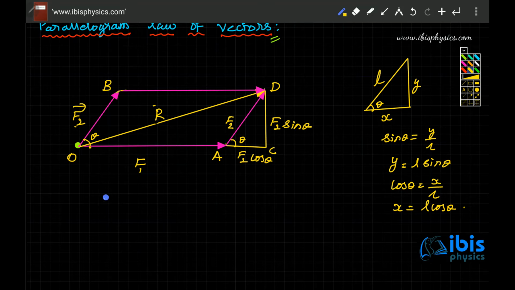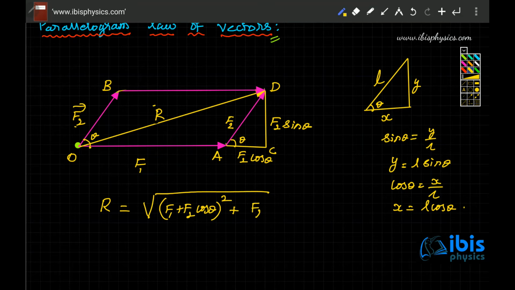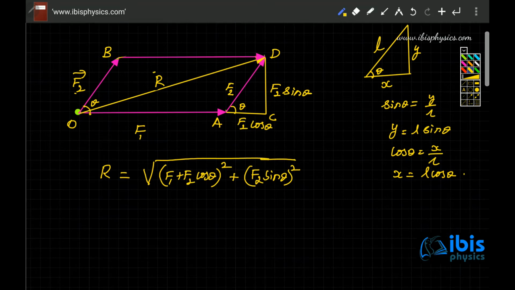So now the value of R is the square root of the adjacent side squared plus the opposite side squared. The adjacent side is f1 plus f2 cos theta, the total length of the adjacent side, whole square, plus the opposite side f2 sin theta whole square. Then the value of R, meaning the magnitude of the resultant vector, because we are only finding the length, right? So R is equal to the square root of (a plus b) whole square,